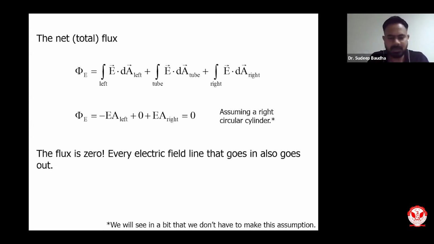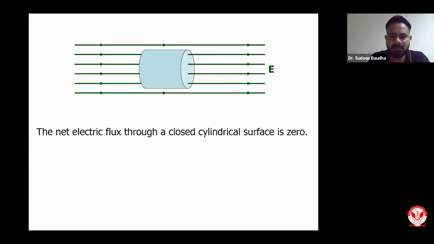So I hope you have understood how to calculate flux, net flux over a geometry. Now the same thing you can repeat for the case of a rectangle, for a case of a triangle, or any other geometry. The idea is to discretize the geometry into small segments, calculate the electric flux because of each segment, and then take the summation of all segments. So finally, you will get the electric flux because of the entire configuration.